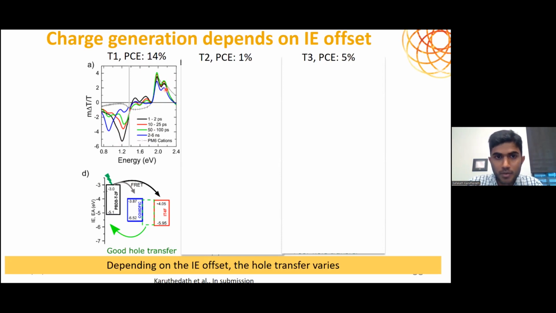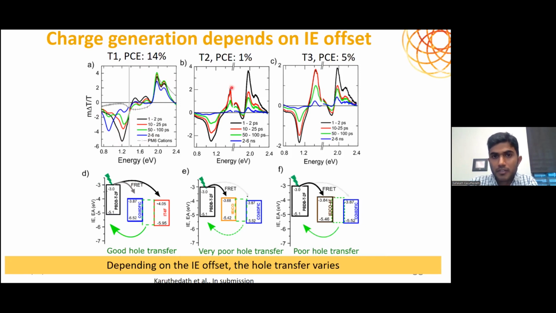You can see that the blue and the black, that's the 1 picosecond and 6 nanosecond spectra, are not much lost here. But when you check the other two systems, you can see that the photobleach is heavily gone, which means that we lost most of the excited species in a few nanoseconds, which is not good for an ideal solar cell. Again, we can relate this to the charge generation, and we propose here that when you excite,